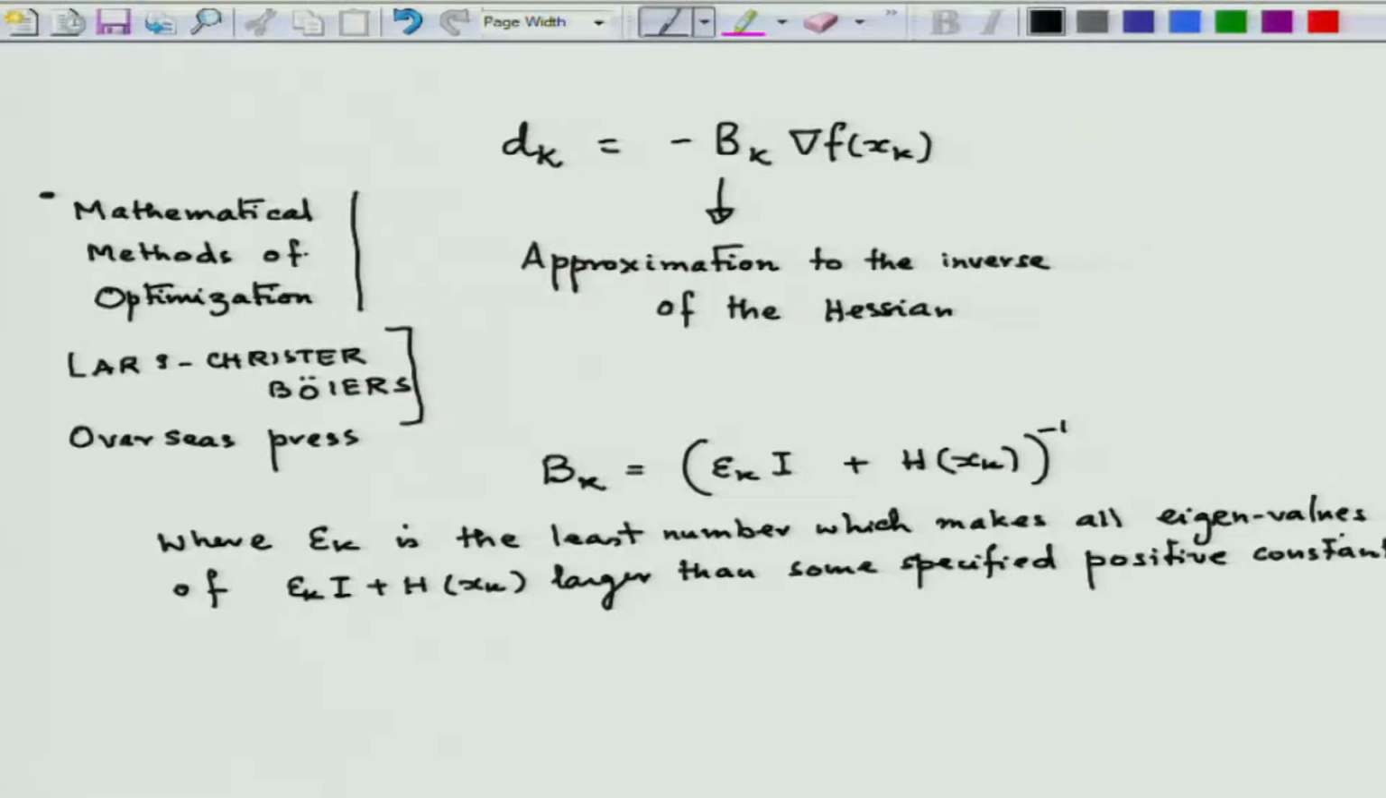So, what does this mean? This means that I choose epsilon k in such a way that I can make the eigenvalues of this matrix larger than some fixed, specified positive constant, which means that for some epsilon k value, this matrix would be positive definite because all the eigenvalues would become positive, and hence its inverse would remain positive definite, and hence then Bk would be positive definite, and then you could possibly choose